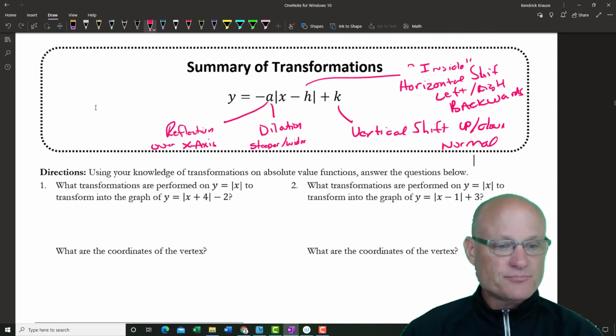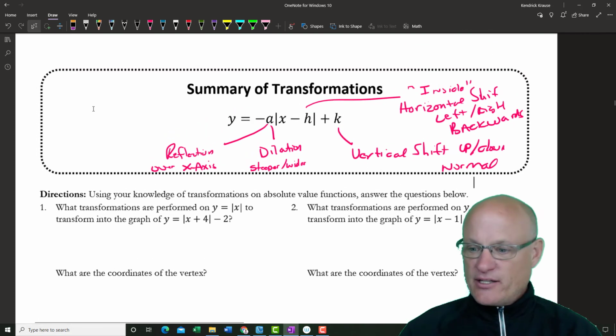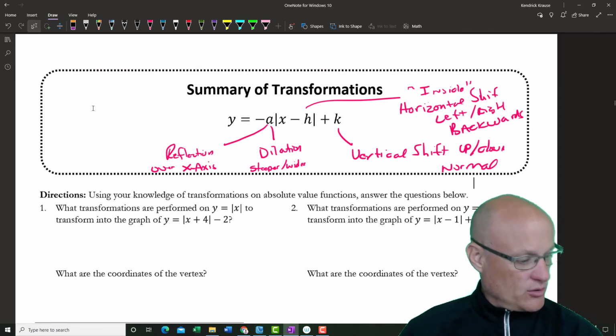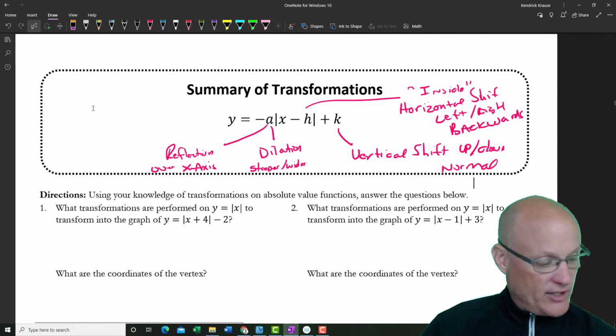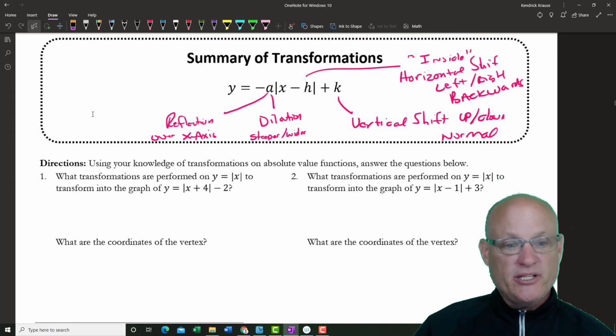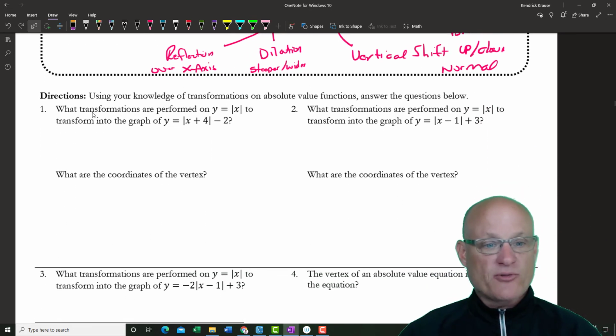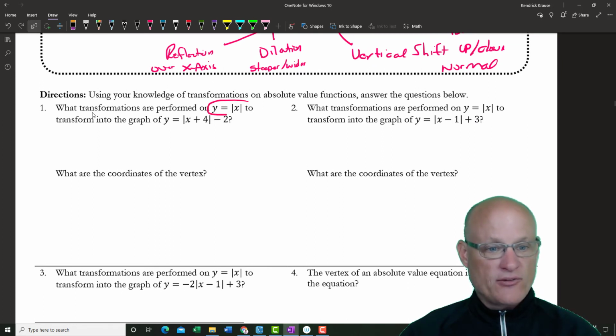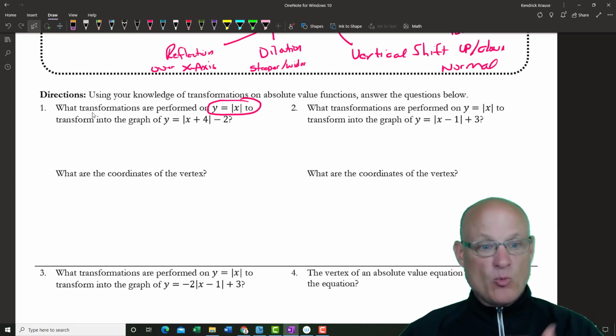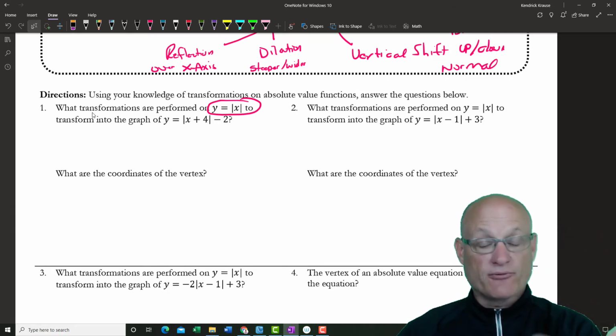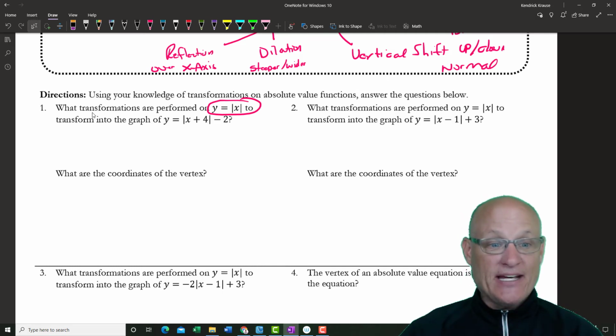All right. So pause that if you need to, and hopefully you can read my writing or rewind it so that you can listen to what I'm saying to you. So all we're going to do here is take a look at what transformations took place on this function. So we see that we have no negative in front, so no reflection. We don't see a number other than 1 out front, so no dilation. But we do see an adding on the inside, so that is a